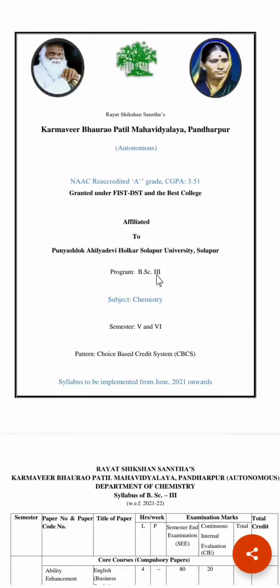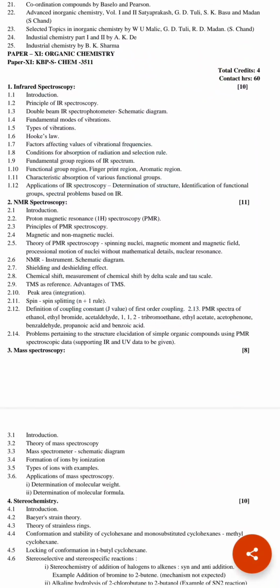Now today we will see what is the syllabus for semester 5th for organic chemistry paper, and this is the choice based credit syllabus, that is the CBCS syllabus. So the paper number is 11, title is organic chemistry, and paper code is